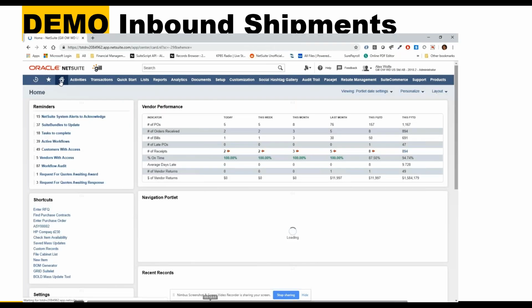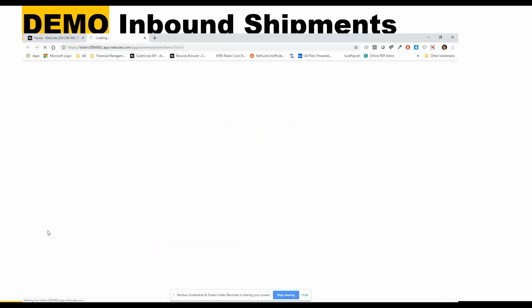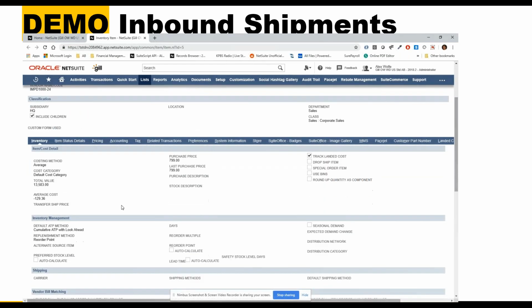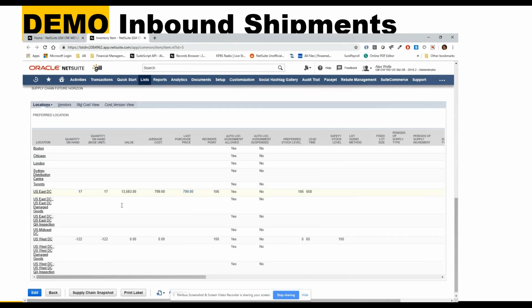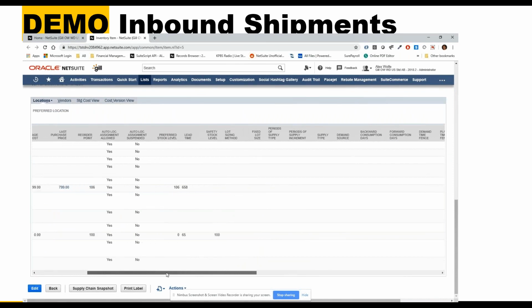Okay, so I'm going to speed this up. So now let's take a look at what that looks like on the item level, where we track our locations and inventory. So if I go to my location, US West DC, and I scroll all the way to the right,